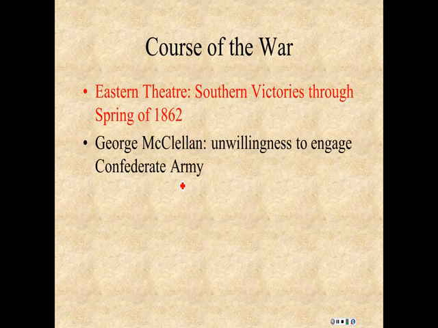George McClellan, who's the general of the Northern Army, Army of the Potomac, he's not really engaging the Confederates. He's training up his troops real well and marching them around, but he doesn't take advantage of opportunities he has